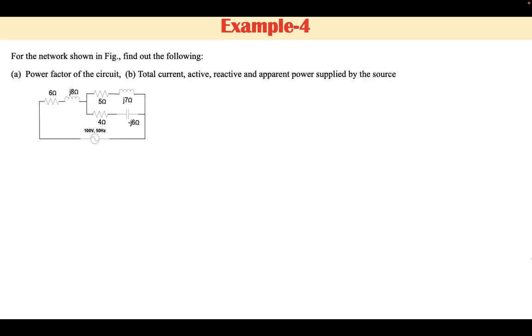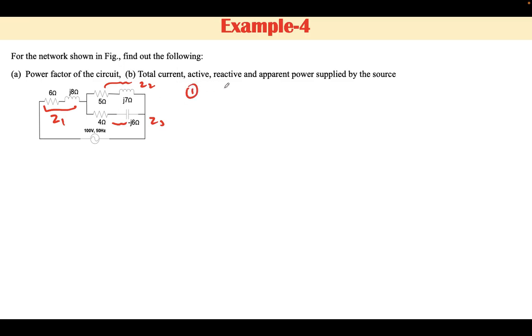Now consider another example. In this case, there are two branches. These two branches are connected in parallel, whereas this parallel combination is connected in series with this third branch. Now consider the impedance of this branch is Z1, the impedance of this branch is Z2, the impedance of this branch is Z3. Now this problem can be solved by two methods, though it is not mentioned over here which method is to be followed, and hence we will solve this problem by two methods.